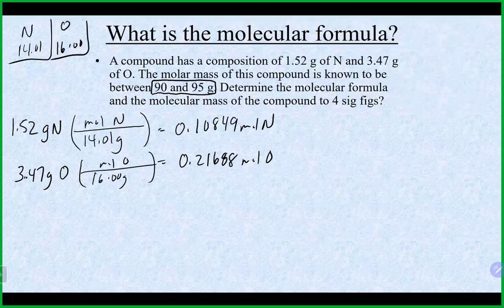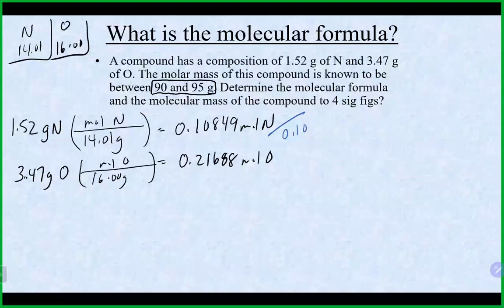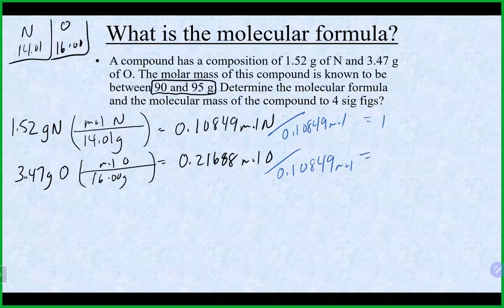In this case, nitrogen is the smallest, so we'll divide everybody by the moles of nitrogen. That gives me a 1, and I believe that should give me a 2. We end up with 1.9999, which is close enough to 2. We hit whole numbers, which means our empirical formula in this case